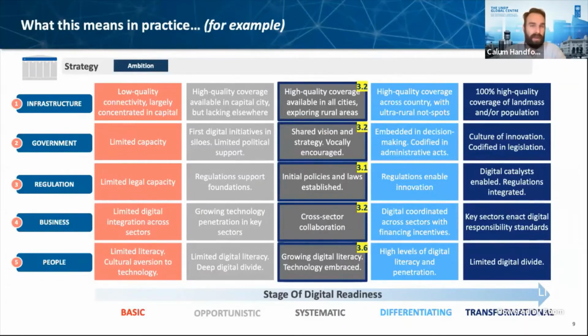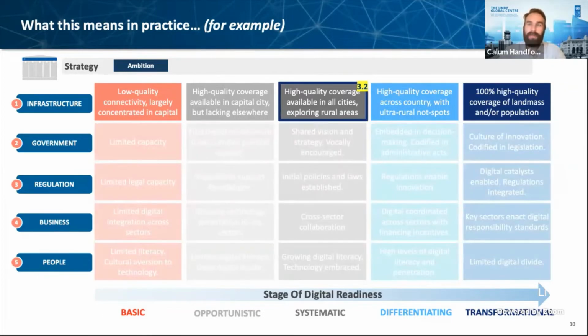So for example, what we do with any assessment is we disaggregate that headline score across the 5 pillars. And so you can see on the screen here that this example country has all the scores fit within a systematic column, from a lower 3.1 in the context of regulation to a higher 3.6 in the context of people. And this is obviously highlighting the strong digital literacy elements that have been happening in this country. But then we hear from policymakers, so what can we do with this information? I'm just going to walk you through one quick example in the context of connectivity. So again, here you can see that this country scored 3.2 in connectivity.